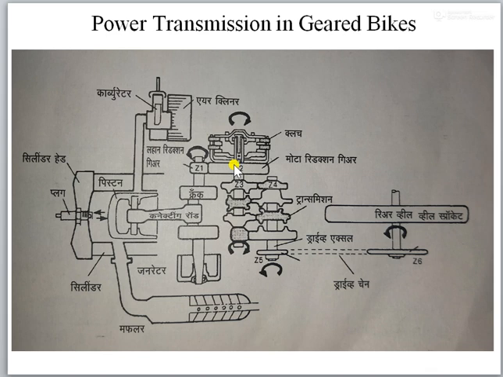So when Z2 rotates, the shaft cannot rotate directly. But Z1 is fixed with the crankshaft, so when the crankshaft rotates Z1 also rotates, and when Z1 rotates it rotates Z2 because it is always in mesh. Now there is a housing, an outer housing. We will see this assembly of the clutch housing in detail below, but just remember it for the time being, so that we can have a slight idea of how the mechanism works.